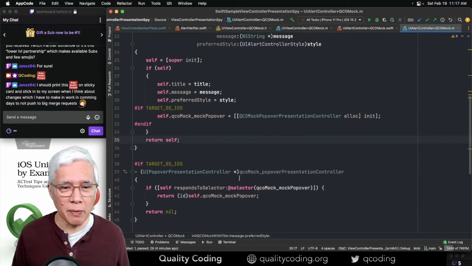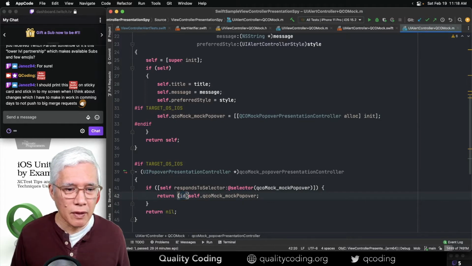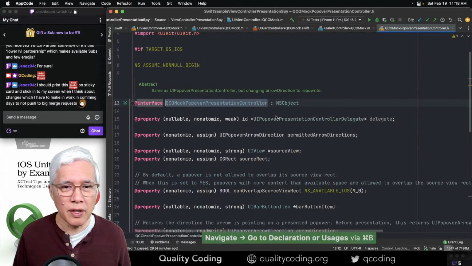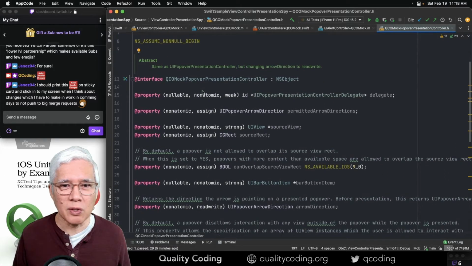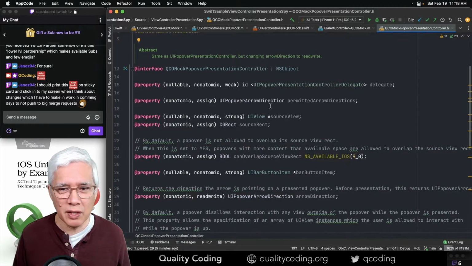So finally found our way back, at least to where things were in Objective-C. I made one of these and I said, remove that type information. You don't need to know who it is. Just talk to it as if you were a UI popover presentation controller. And here, I'd forgotten, this is the same as UI popover presentation controller, but the arrow direction